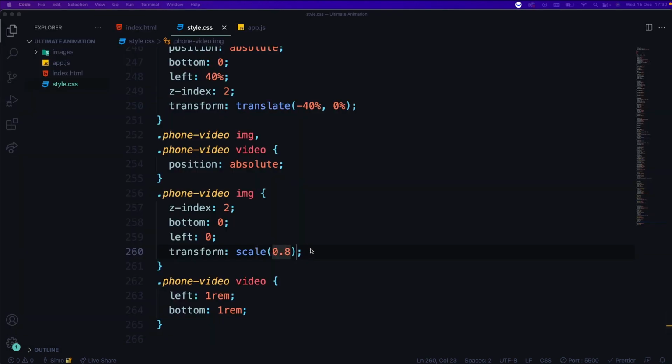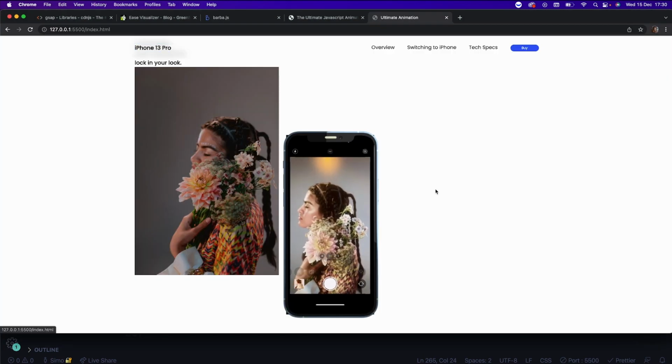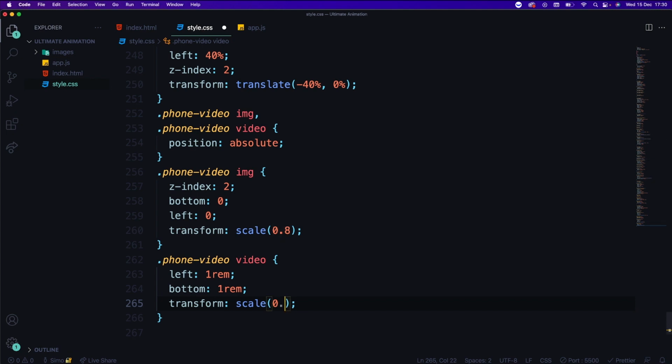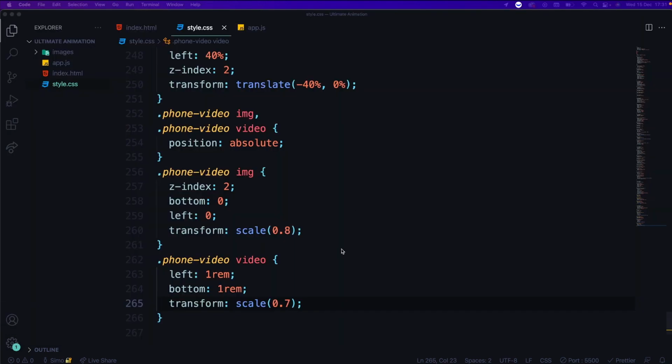Oh, sorry, this is on the image. We can also do it on the image and then on the video as well. So what we want to do essentially is make the video a bit smaller, 0.7. But then the problem is that it's not filling up the entire screen. So actually, let's keep it 0.8. And what I'll do